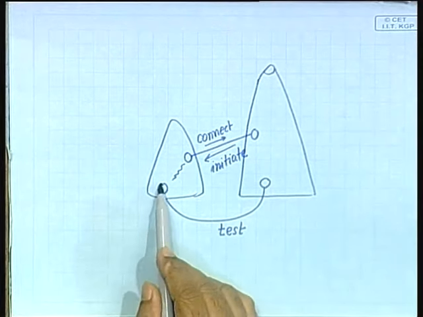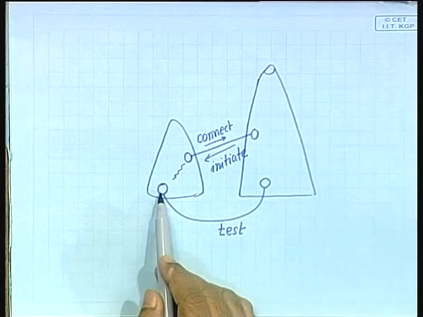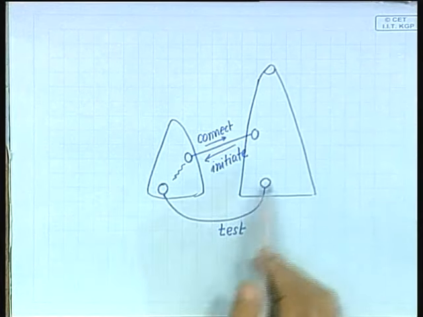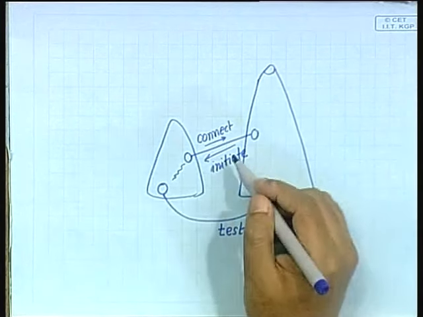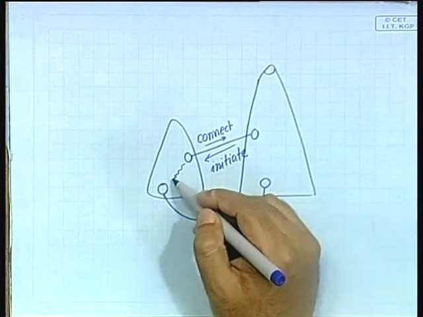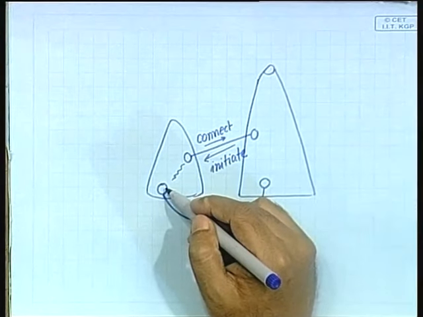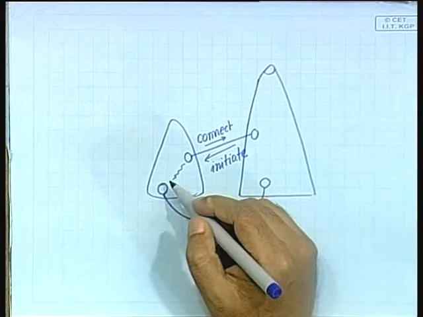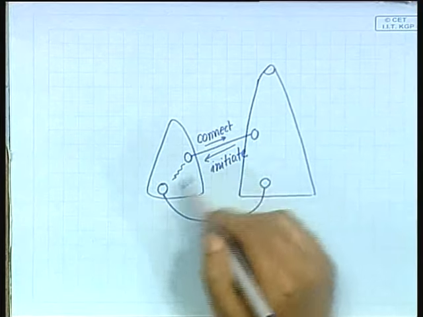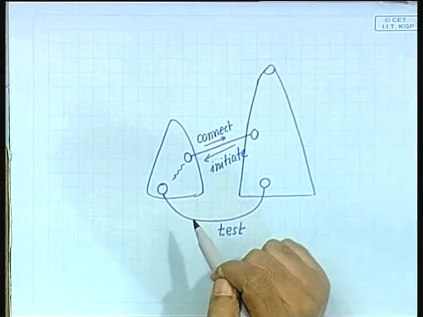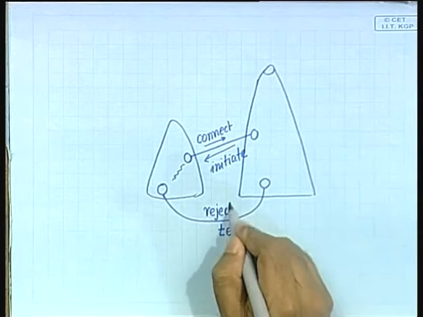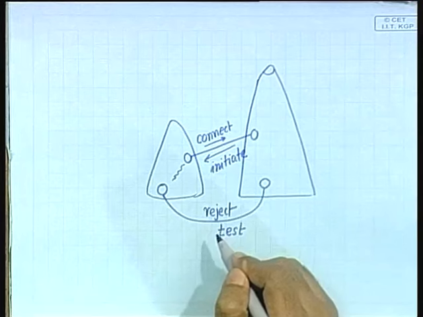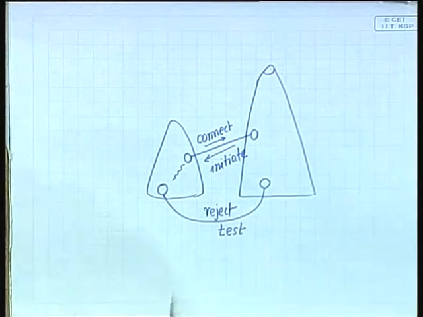Now, what is this node going to feel like? It is going to say that, okay, we are in different fragments, your name and my name do not match, but that is not actually correct, right, because it could be the case that this message is yet to reach here, and when it reaches we will have found that actually they belong to the same fragment. So, this edge should actually be rejected, but if we accept that, then we will create a cycle,